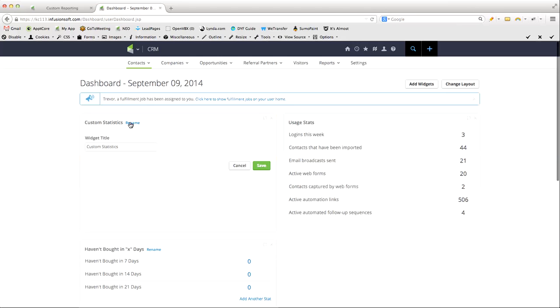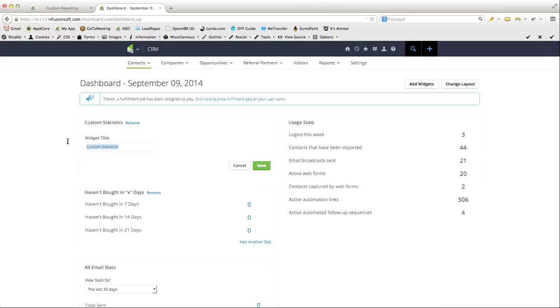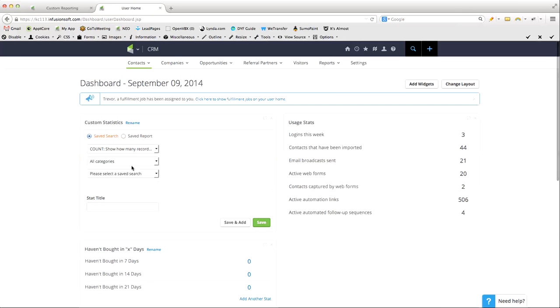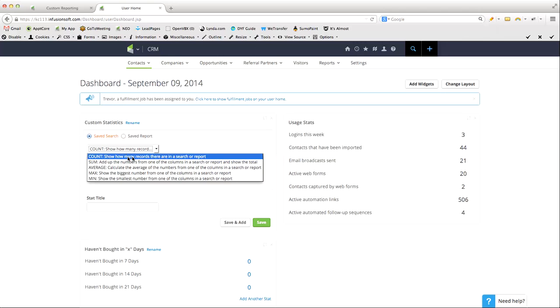And I'm just going to click rename on top just so I can be aware of exactly what this box of data is referring to. So I'm going to say, probably name of event and then stats, something like that, right? Save. And again, you can choose a specific category if you want. I leave this on count